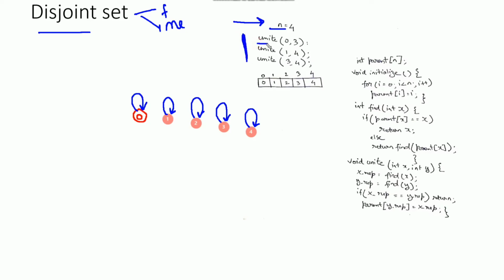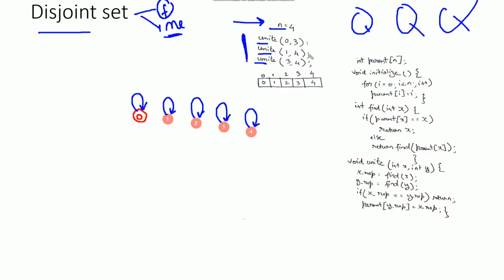This is a user-defined function known as unite, which merges the data in a group. The find function is used to find the representative of a group. There can be more than one group, and each group has a leader that represents it. Merge means to unite the data in a group.